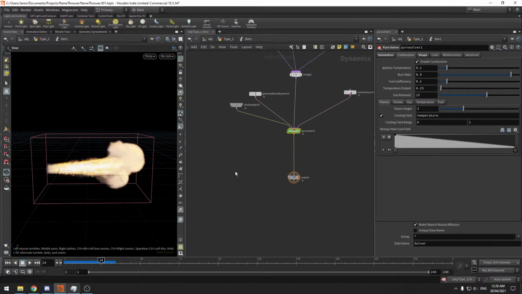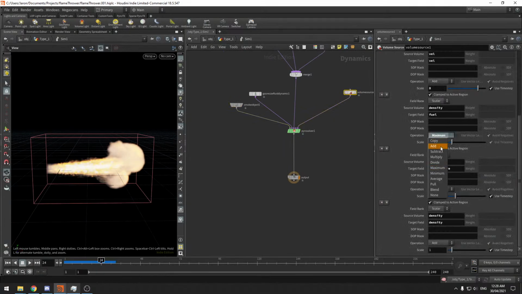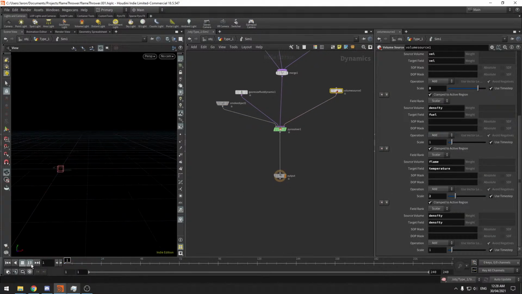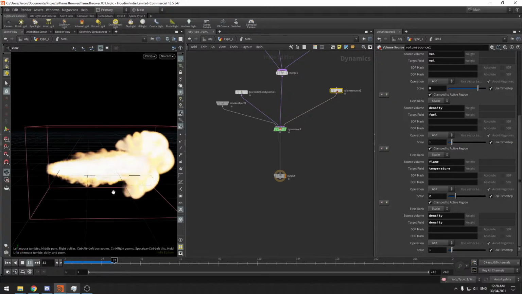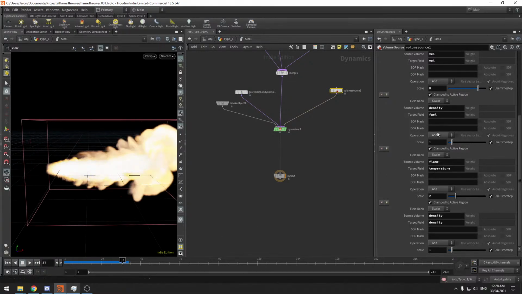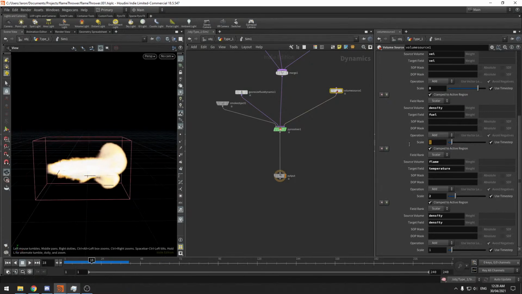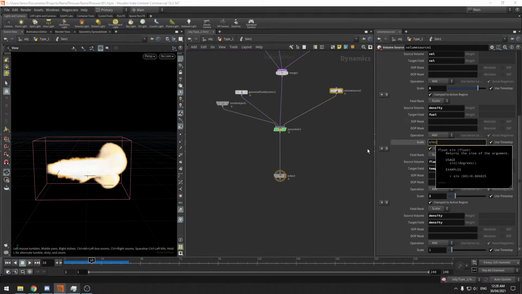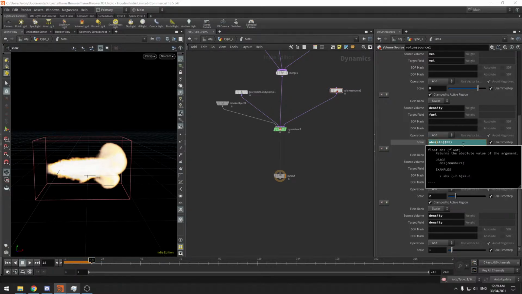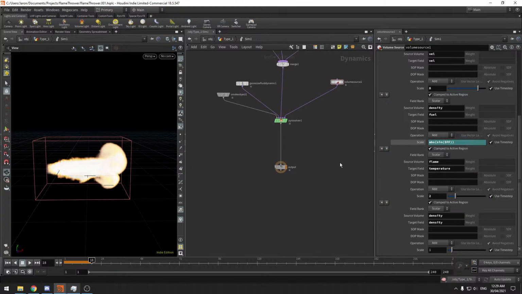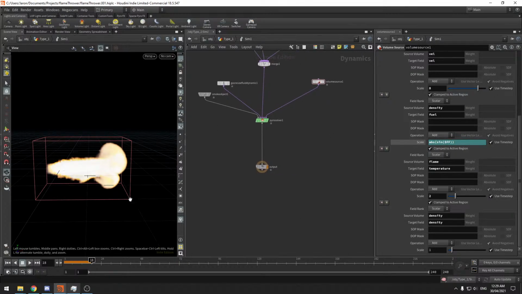And what should happen now is, normally instead of maximum, I tend to add, and we should now get like this very bright spark sort of thing. And what we would normally do is we would animate the fuel on and off. So let's do a sine wave, sine of $FF, which is the subframe that we're on, and I'm going to say absolute of that, because the sine wave goes from 1 to -1. I just want it to go